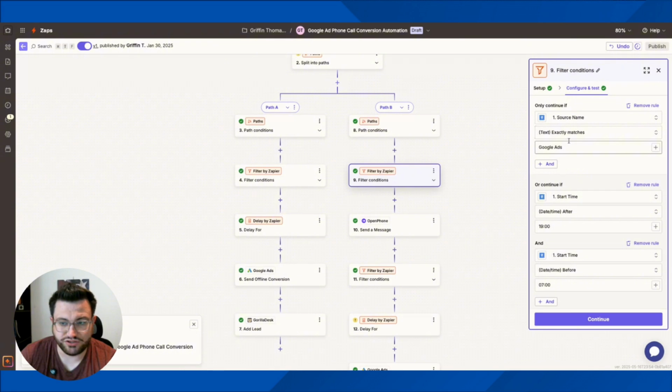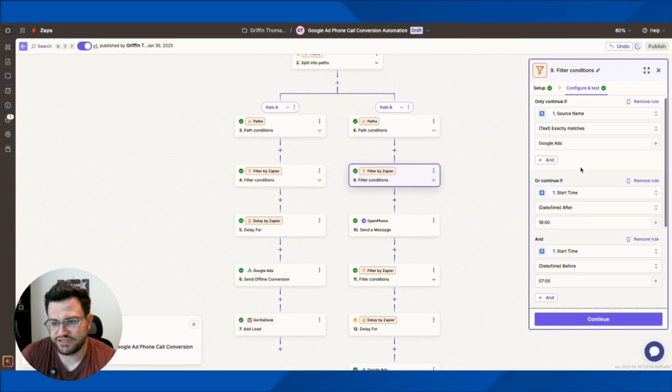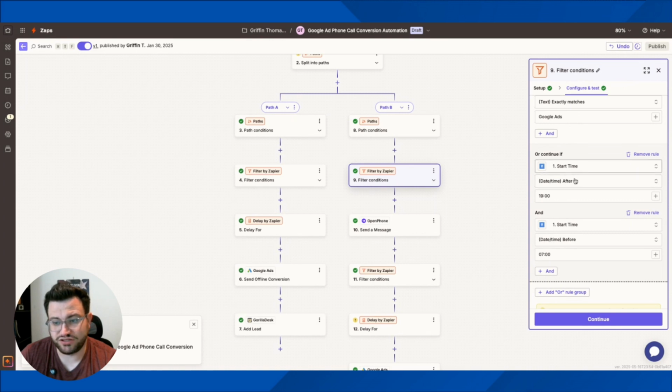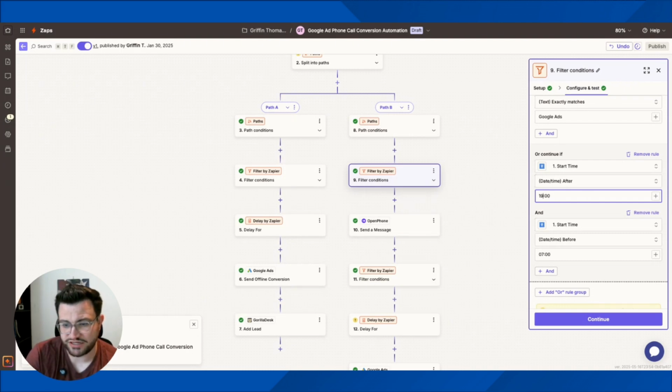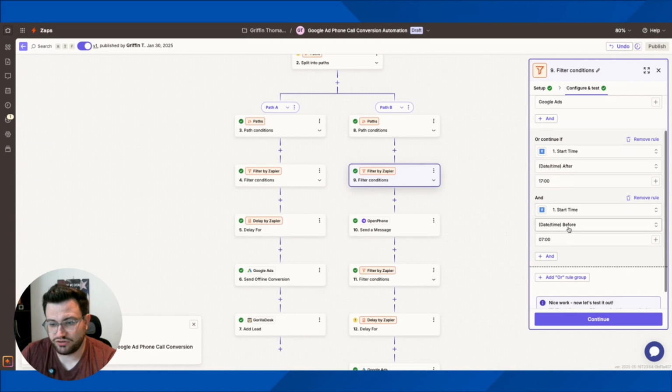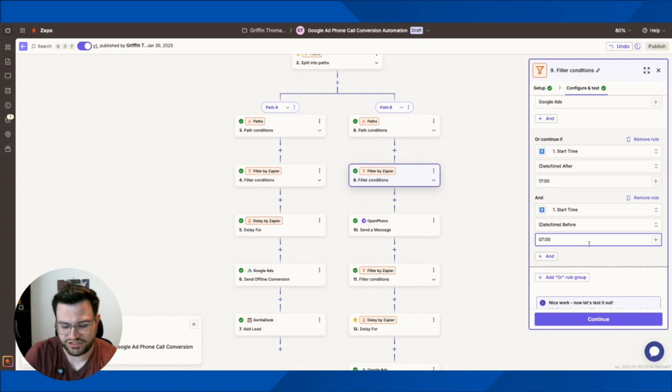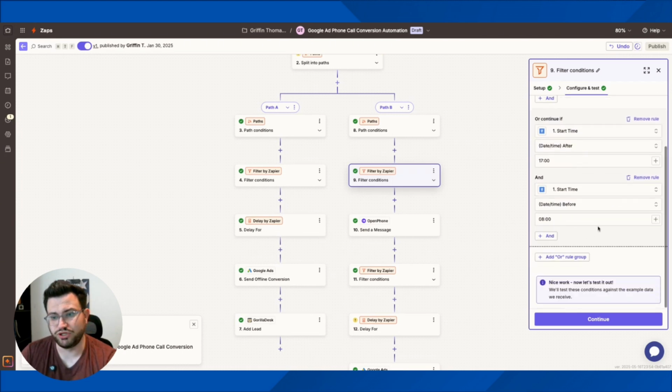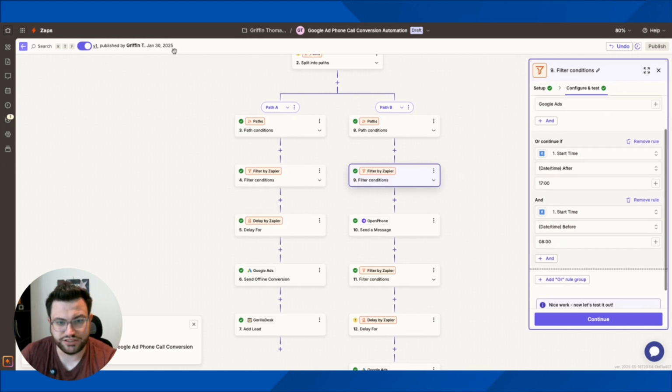For example, obviously you want the source to match Google Ads, and continue if the start time is after 7 p.m., which I'm going to edit because our business hours have changed since then. It's actually around 5 p.m. for us, so I'll put it as 1700. And if the start time is before 7 a.m., which we'll edit to 8 a.m., then this will continue. So we set up our business hours in here so that between 5 p.m. and 8 a.m., you always go down this path, because from here what we will want